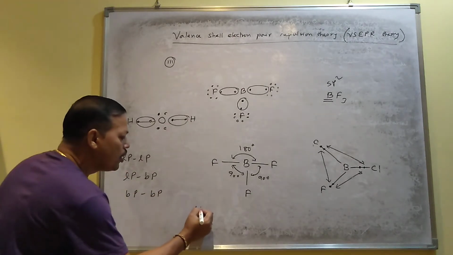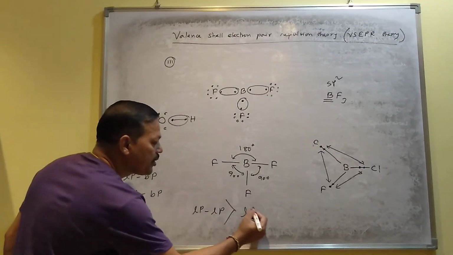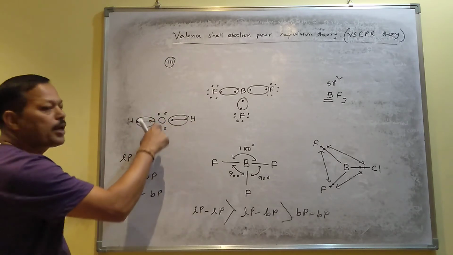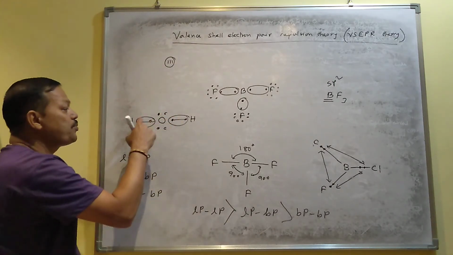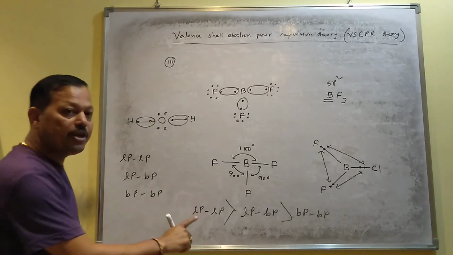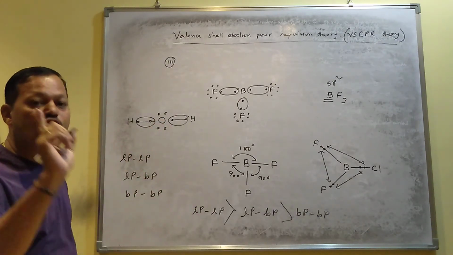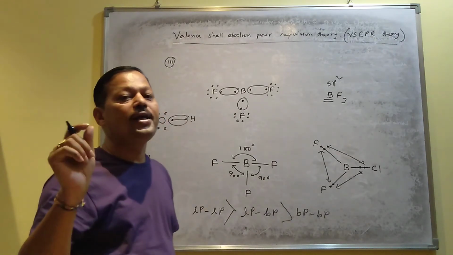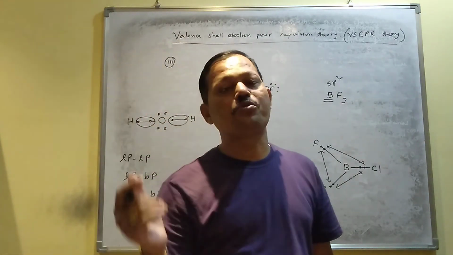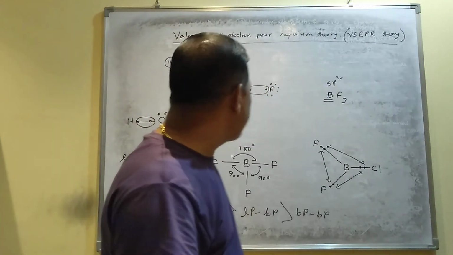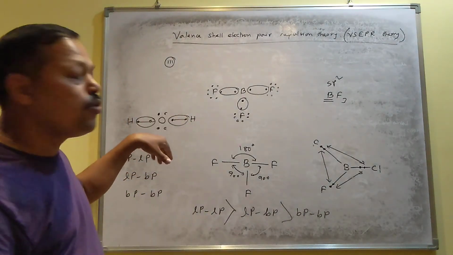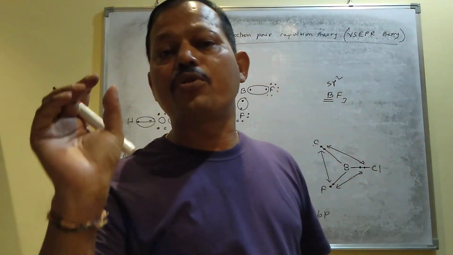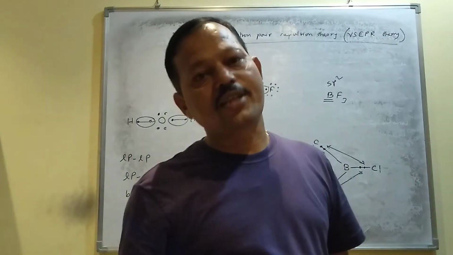But one thing you should know, lone pair repulsion is stronger than lone pair bond pair repulsion. So here lone pair repulsion takes place, lone pair bond pair repulsion takes place, bond pair repulsion also takes place. But mainly you have to consider lone pair repulsion, because that is the strongest one among these three. And due to this lone pair repulsion, in water you will get some different shape. I mean, the bonds become closer to each other due to the lone pair repulsion. So that is why if a central atom contains both lone pair and bond pair, then also you will get a different shape. So the shape of a molecule mainly depends upon the total number of electron pairs inside the central atom. Thank you.